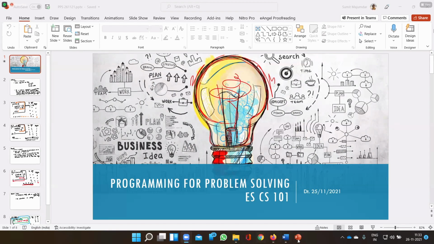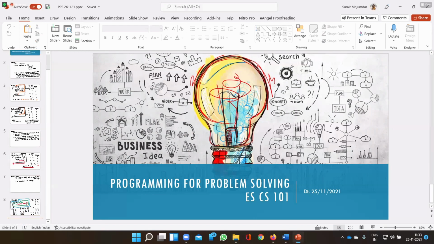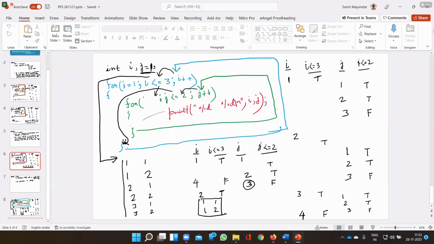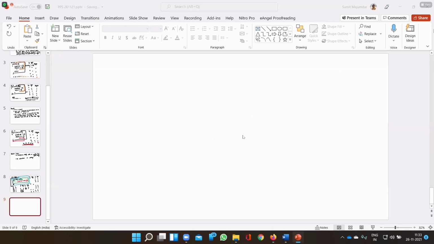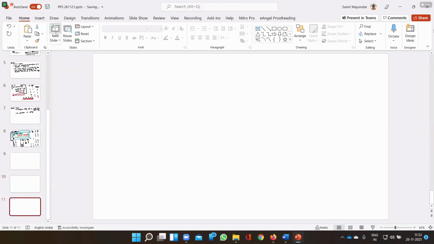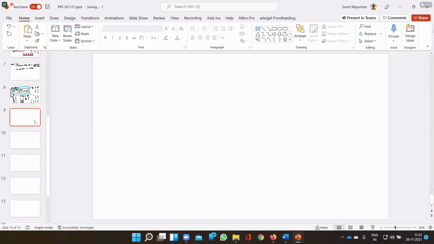Is my screen visible? Yes, sir. So in the previous class, we discussed the break and continue statements, and we introduced the concept of the nested loop. So we are going to continue with that, nested loops, and how break and continue will work in the case of nested loops.